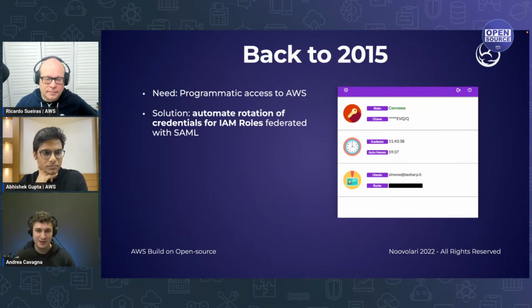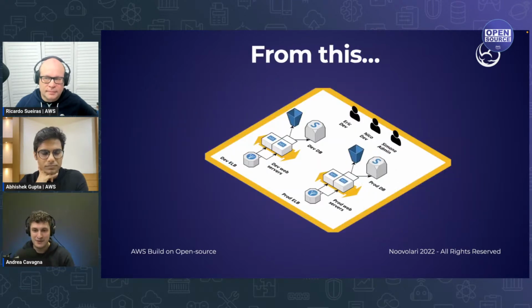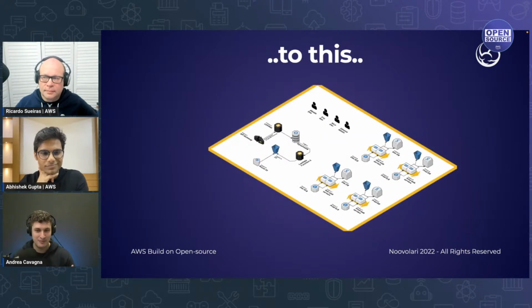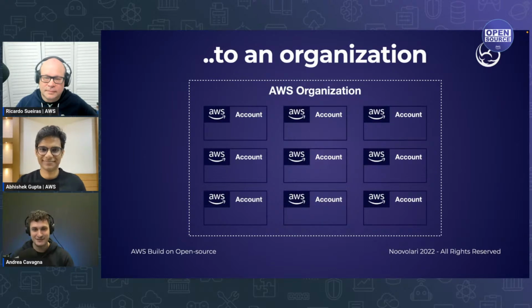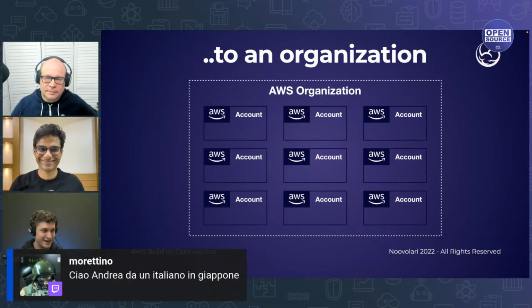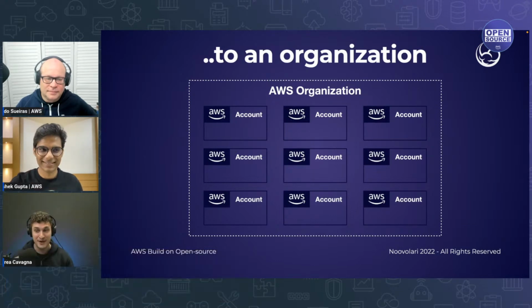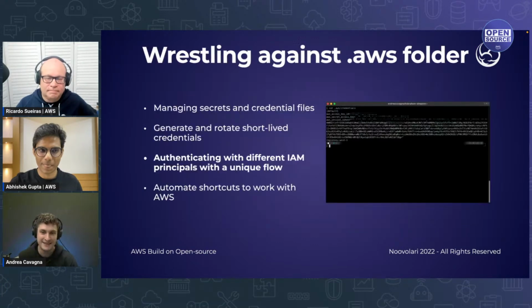And at the moment we had one account, then one account became a huge number of accounts, then AWS luckily introduced Organizations, and bam, we had thousands of accounts. How many times does it happen today to switch from one account to another? It's, I guess, a lot.